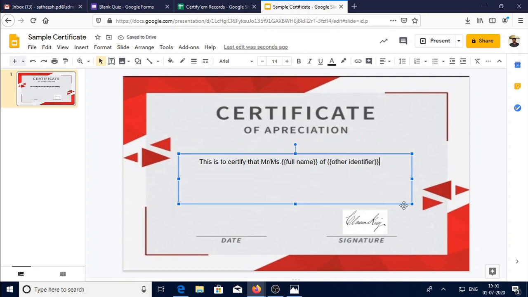Please remember that this identifier should be enclosed within double curly brackets.